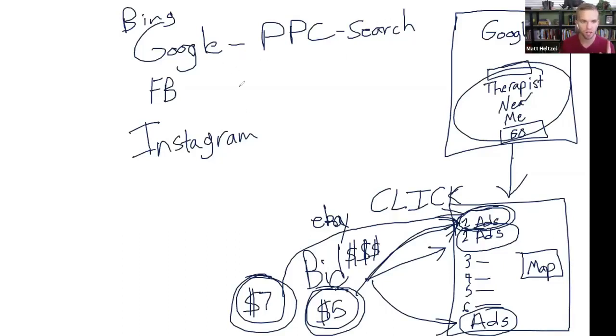The power here is that you get to come in, and here's the word, intercept the traffic of other people. You get to intercept people's train of thought, exactly what they are looking for. You get to drop yourself right in front of their eyeballs so they can see your ad.